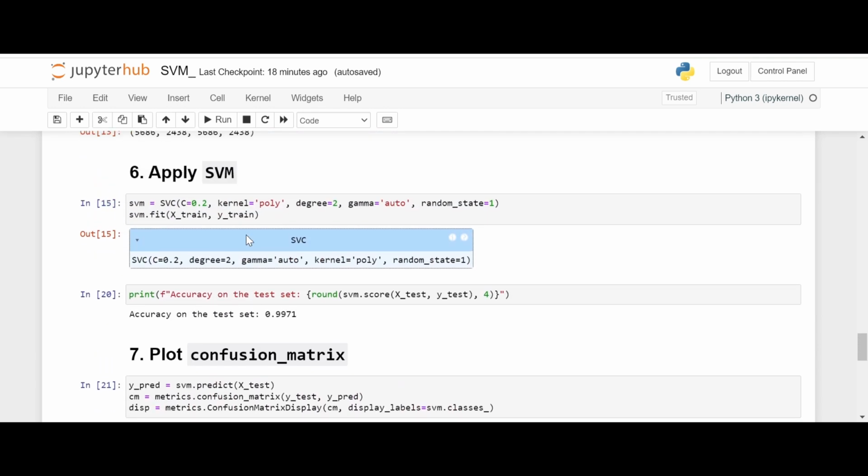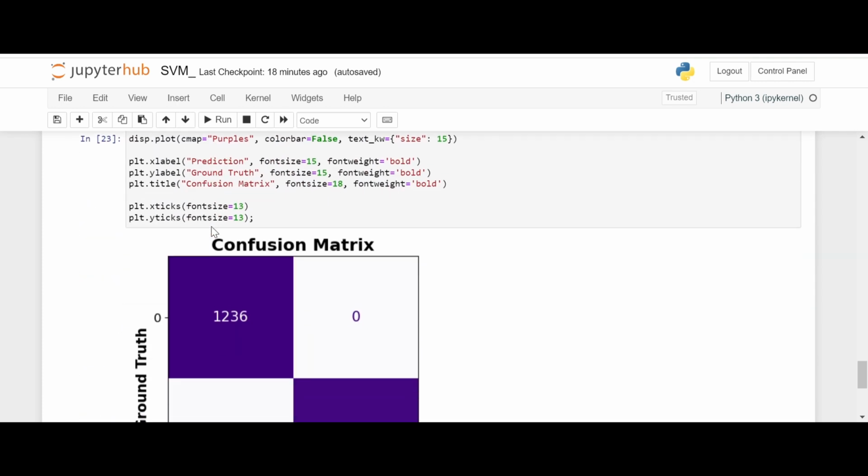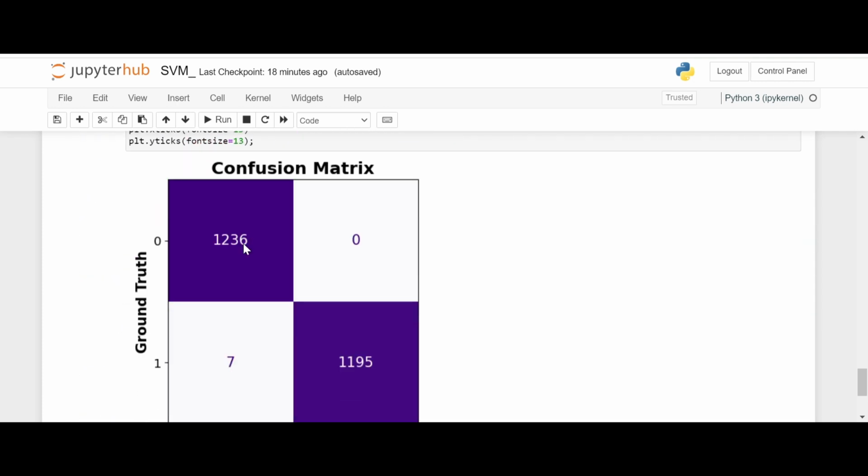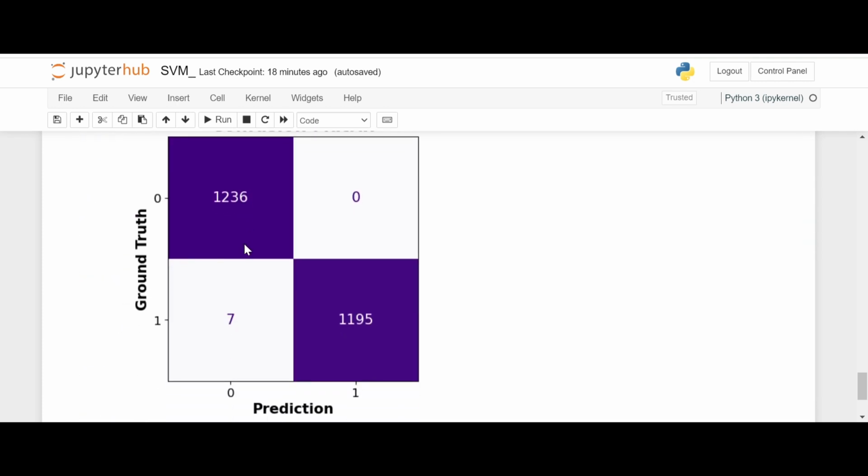So out of 2438, 1236 are edibles and they have been predicted correctly because you can see 0 here, but that's not the case for poisonous. So out of 1202, 1195 have been predicted correctly and 7 has been wrongly predicted. Okay,